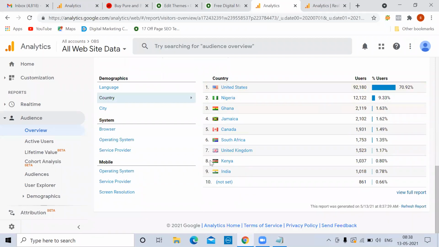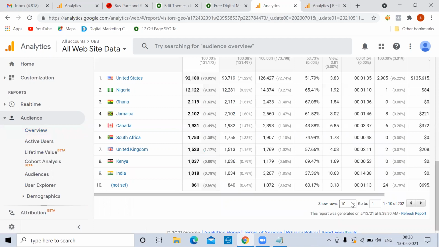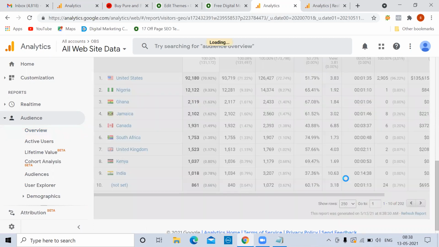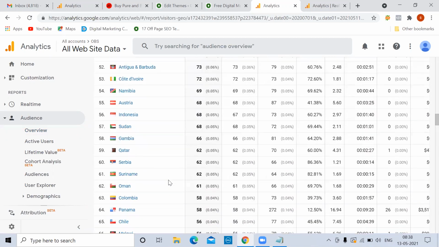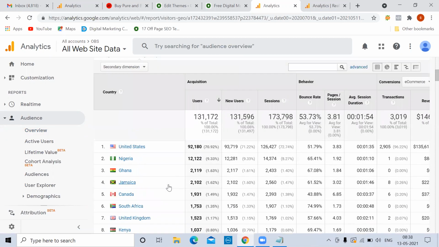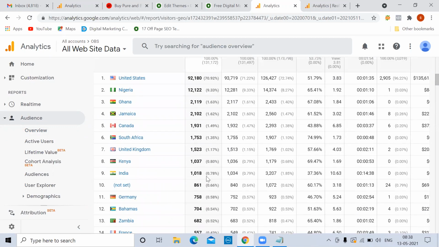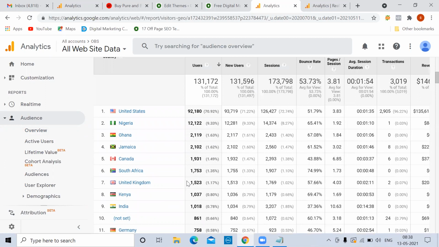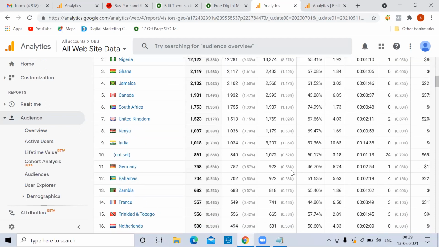Right. Now, if you see this country list, it's showing only 10. But if you click on full reports, now see, 202 countries have visited our website. People from different countries. Now these are all the countries. This information is useful actually. If you want to spread throughout the world, you want to export, then definitely this information is important. Now we'll check with the client whether we shall do it for the UK and all these things. But as of now, we are shipping only to US. In the future, based on this information, we may ship to different countries.